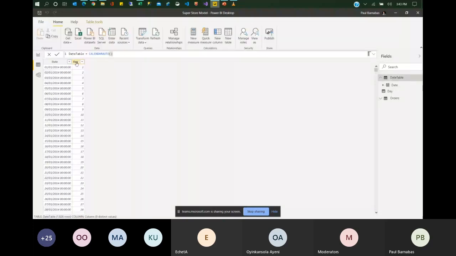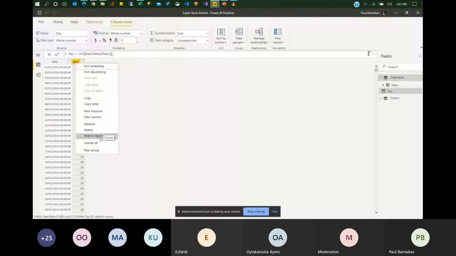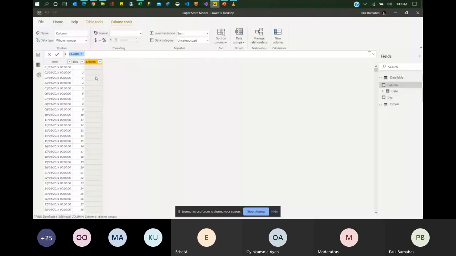So I want to quickly go on and create other columns that are needed for my analysis. So let's do month. I'm going to use this. So it also has a helper function to help us with. So if you type your date and you press dot, it gives you an intelligence of any one of these functions that you can select to help you populate what you need.